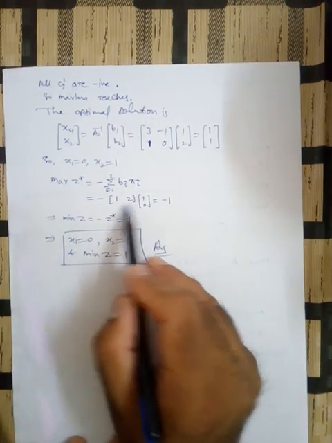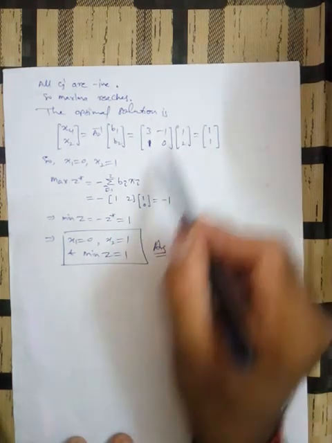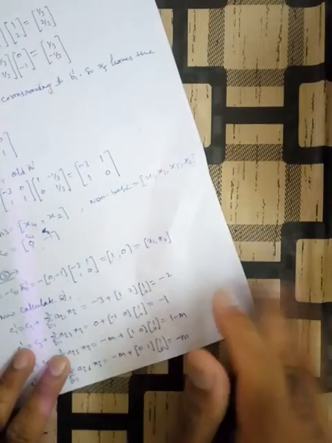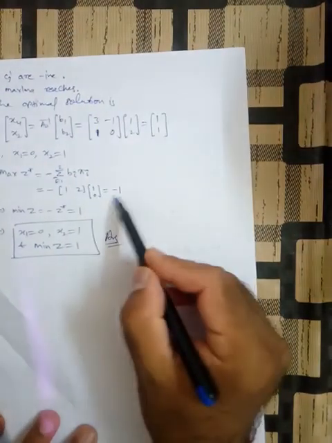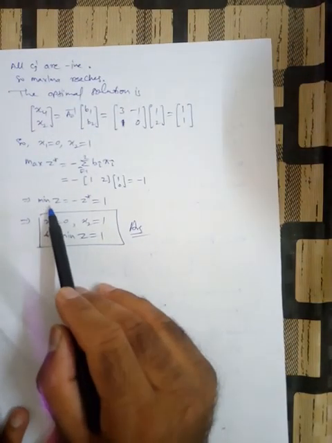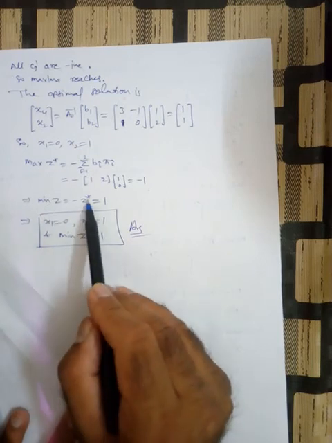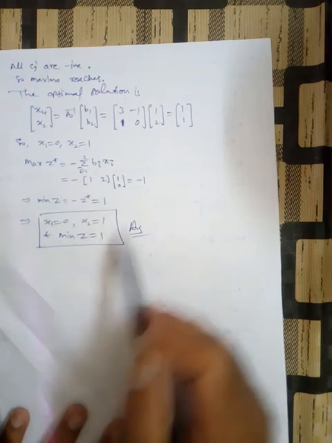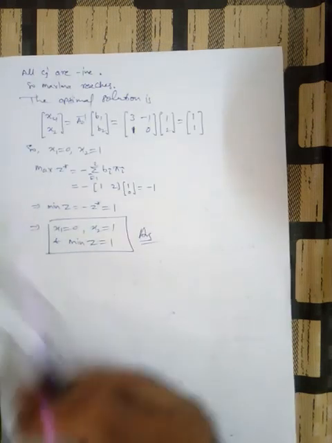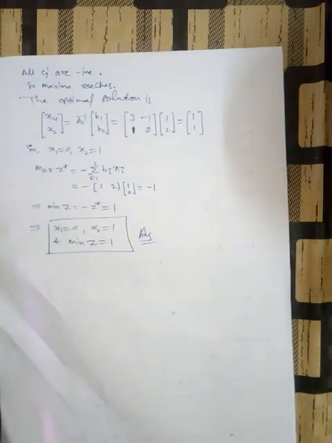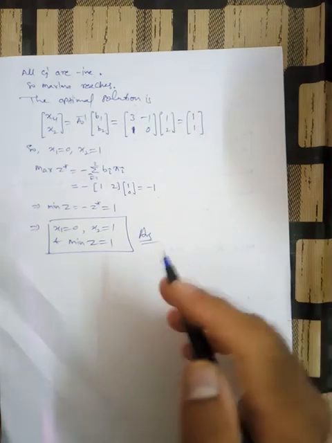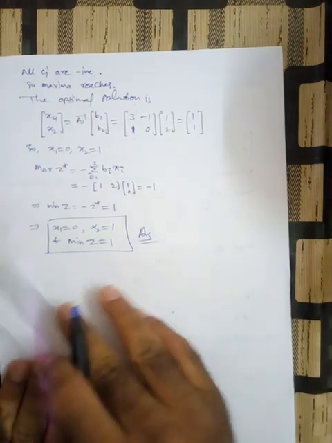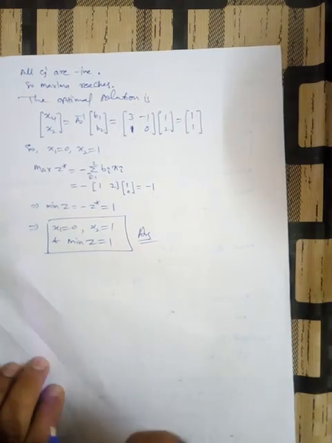Maximum z is evaluated by minus bi pi i. So minus bi is 1 2, and the pi multipliers are nothing but 1 0. So 1 0, multiply this, we get -1. But our problem is minimum z, so minimum z is minus z star, so 1. So the solution is 0 1 and minimum z is 1. So this is the procedure for how to solve problems having greater than or equal to type inequalities. Fine. So this is the revised simplex method.